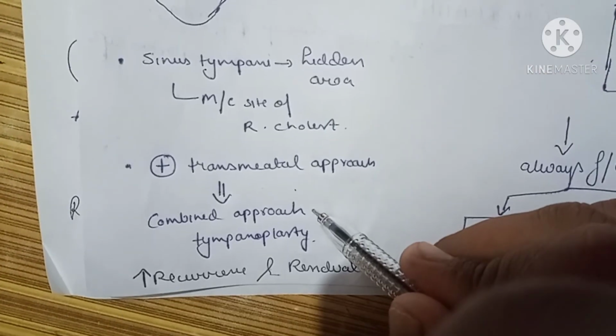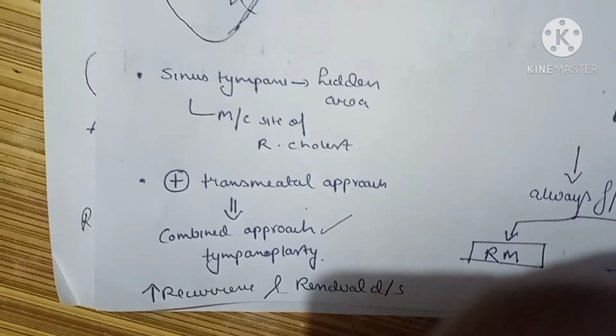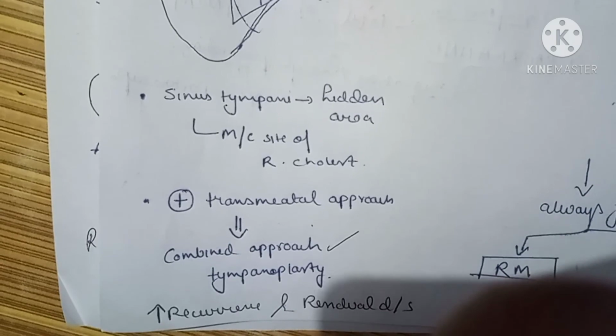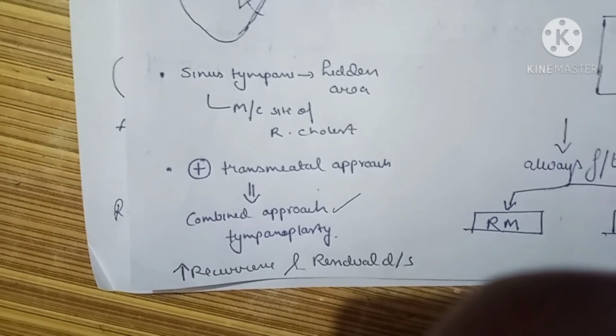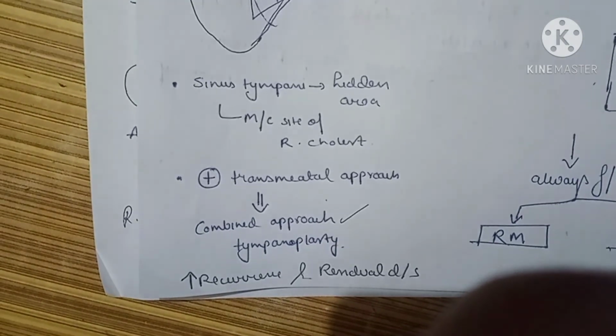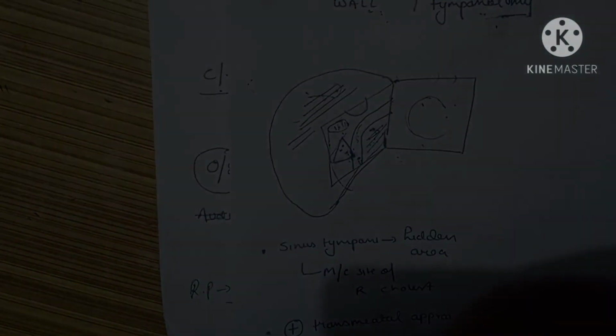The other star that you are seeing, the blue star, is the mastoid cavity, and the pink arrow is directed towards the middle ear. Here we have preserved the facial ridge in between, and we have cleared out disease by approaching through the mastoid cavity and through a transmeatal approach. This is also known as combined approach tympanoplasty because there are two approaches, but the drawback is that there is an increased recurrence rate and increased residual disease in the case of intact canal wall surgery. In the next video we will discuss canal wall down surgery. Thanks for watching.